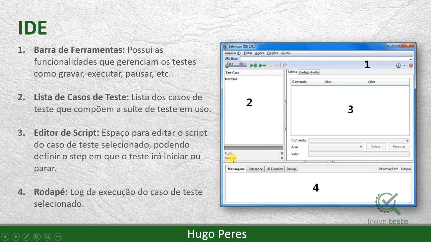Third, we have here the space where we will interact with our script, that is, it is here that the captured script will be displayed and can be modified. And lastly, we have the fourth part of the screen, that is our footer. Here would be the execution information, the log, where you can also access a small documentation of the Selenium IDE to know what each command is,